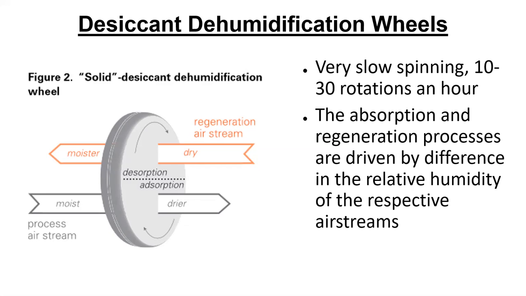And so up on top, there would be a duct with dry regeneration air being blown across the upper part of the wheel. And then down on the bottom, there would be a separate duct that was bringing in your process airstream, which is probably outside air that you want to get into the space. And this is like Florida, and the relative humidity is extremely high. And you want to do this with a desiccant instead of just a cooling coil.